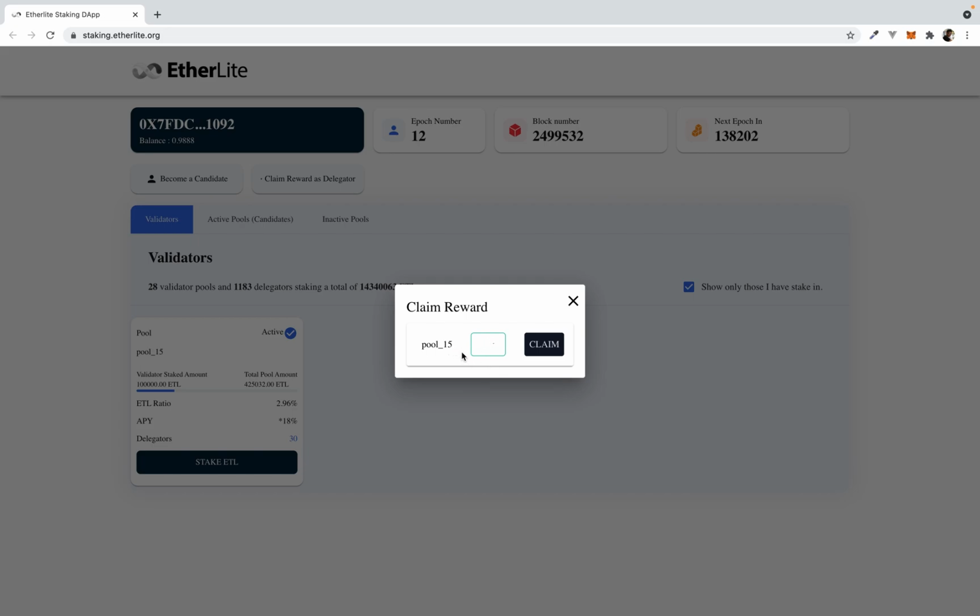Since I have staked in pool 15, it is showing pool 15. I staked my ETL coin today, so I don't see any reward points. Otherwise, if you check 1 week later, you should see some amount here, and click claim. Once you click claim, that amount should get reflected in your MetaMask.